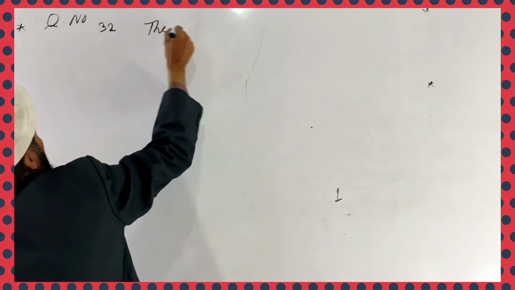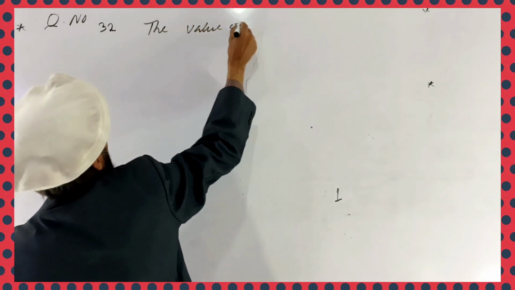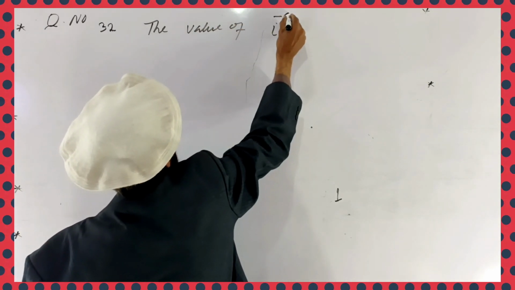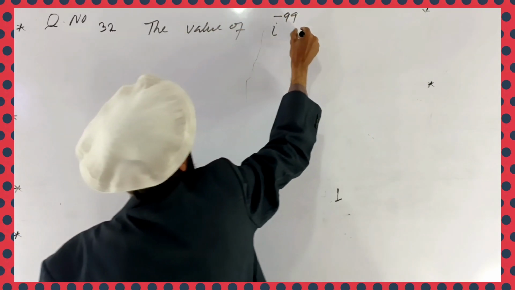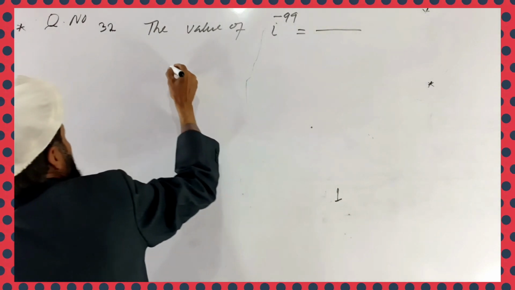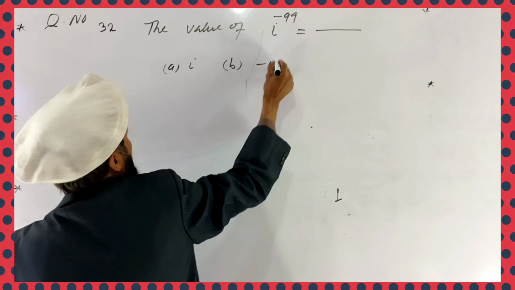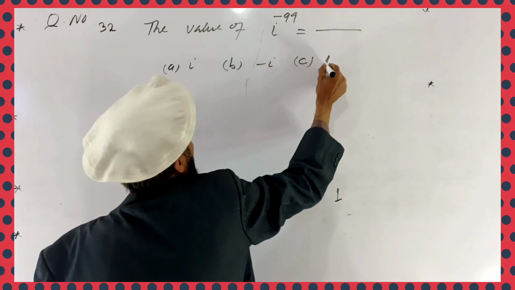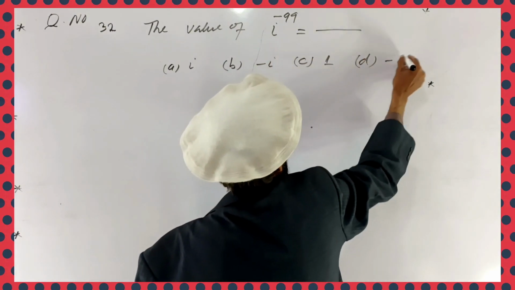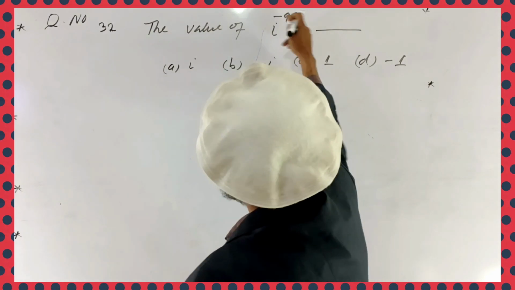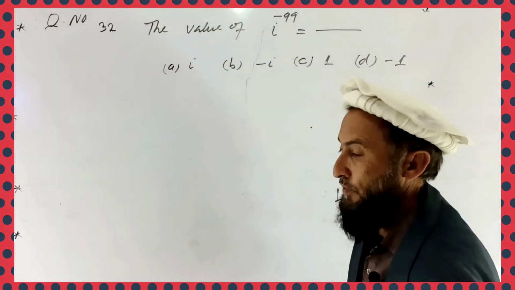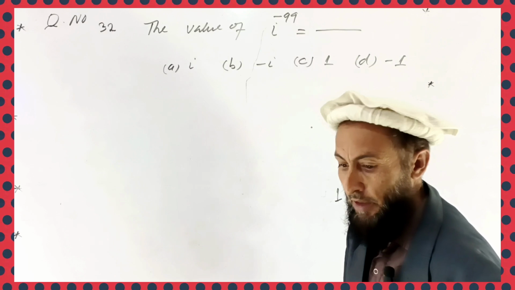The value of iota to the power minus 99. What is the result? A iota, B minus iota, C plus 1, D minus 1. Look here, the power is an odd number, so we will get here automatically plus